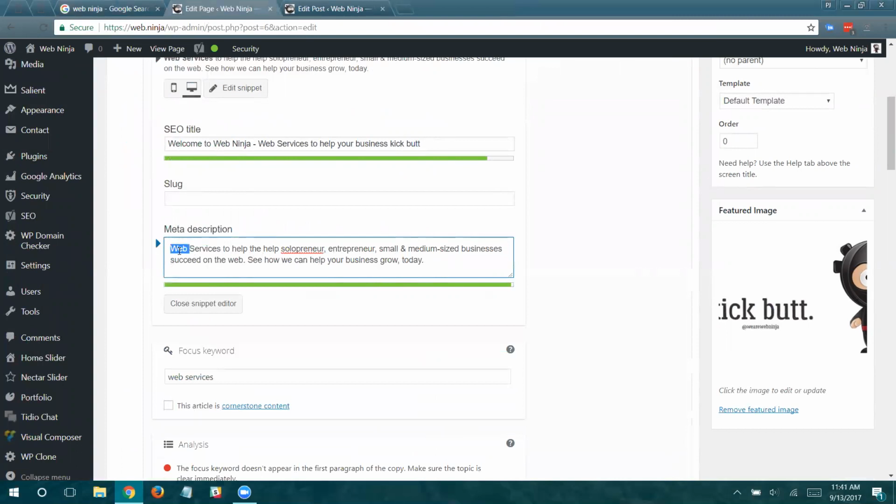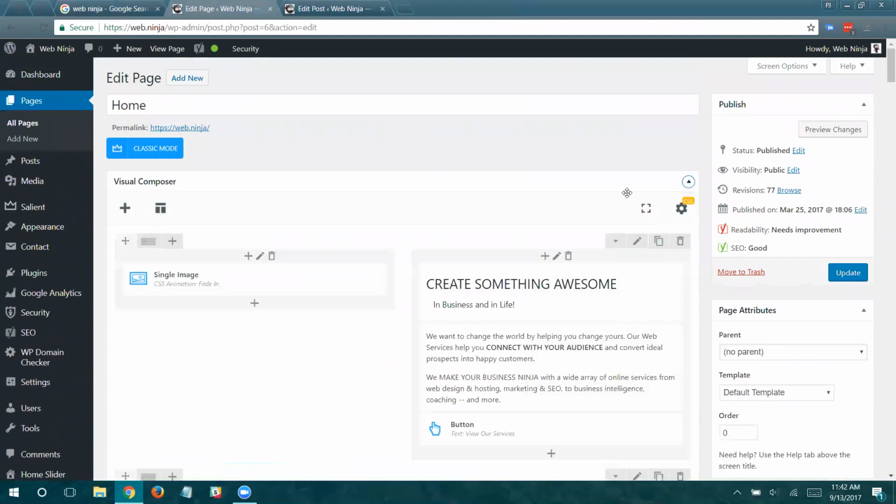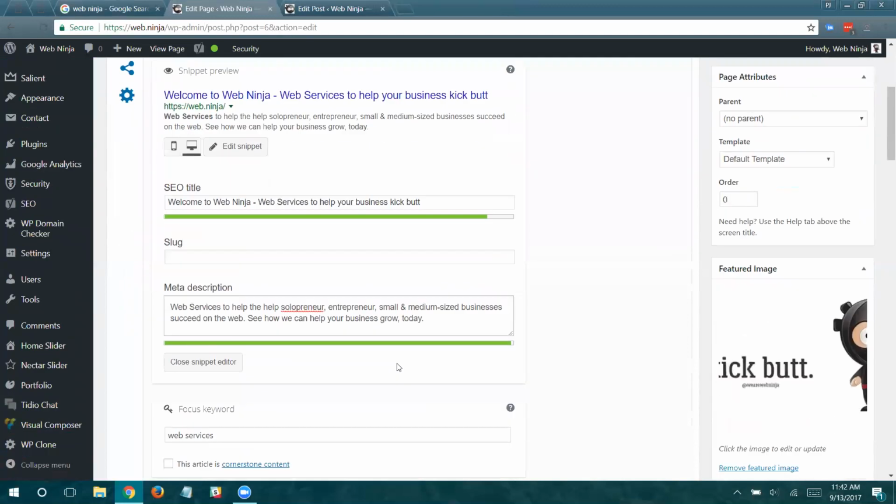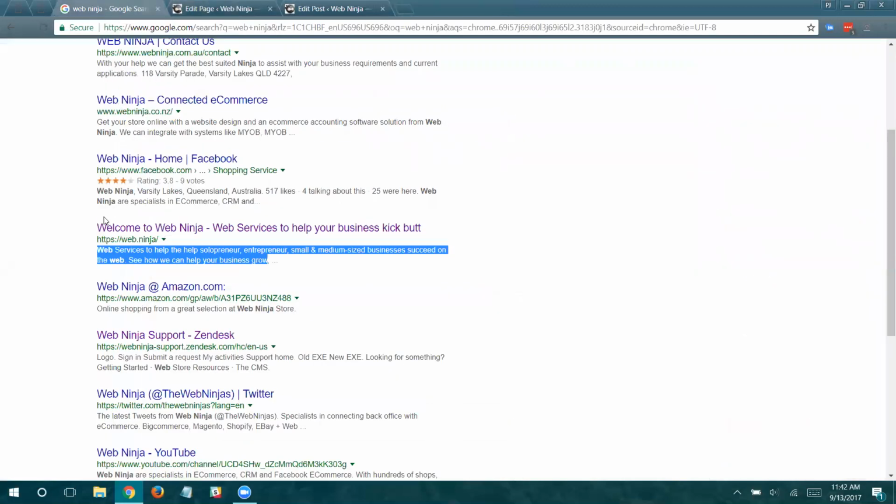Now, the other thing about meta description, which is awesome, is that you can start your web content with something more conversational. For instance, you'll see here my website has a big header, create something awesome in business and life. Okay, that's not going to be a search engine friendly type of content. That's not going to help me rank for web services. And frankly, if people saw that here, they may or may not be reeled in. Right here, I want them to see what my site is about and whether it pertains to what they're looking for. So if they're looking for web services and I'm trying to rank for web services, then I'm going to have web services show up here.